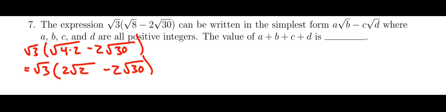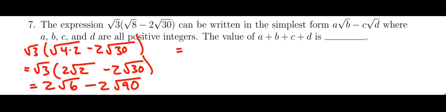Now I'm going to multiply that square root of 3 through. Now remember, you multiply radicands by radicands. So when I multiply that root 3 through, it's not going to touch that leading coefficient there of 2, but it'll change that radicand into a 6. Likewise over here, it's not going to touch that 2 out front, but it's going to change that 30 into a 90. And now what I've got here is 2 root 6 minus 2 root, well, now, hold on,